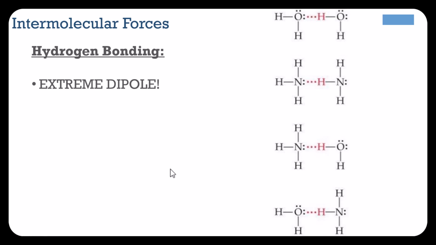Hydrogen bonds really are just an extreme dipole-dipole interaction, right? So we got a little bit more exclusive with the dipole. You had to be a polar molecule. Now we're going to get even more exclusive. So this is like an elite group of atoms that can participate in hydrogen bonding. But really, at the end of the day, it's just a very extreme dipole-dipole interaction.